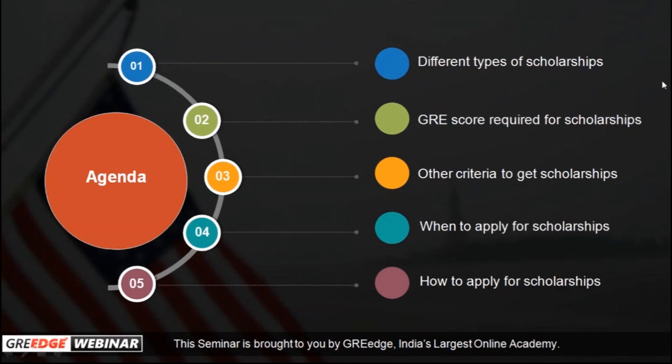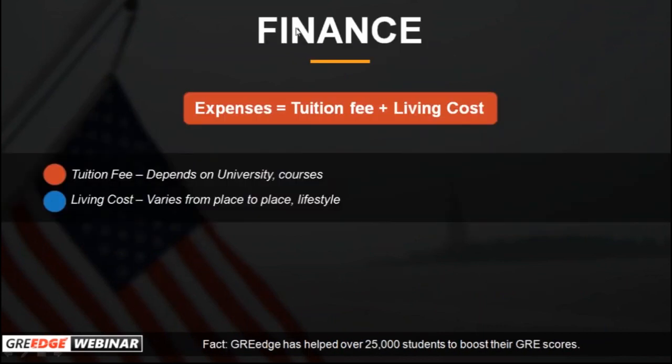Now, if you look at the overall finance that you're going to spend when you go abroad, it is on your screen right now. The expenses are nothing but your tuition fee plus living cost. One of the huge blunders most engineers and students who go abroad make is they forget completely about the living cost and only concern themselves with the tuition fee, how much I need to pay for the college. That's all they think, and that's the money they prepare as well. They completely forget about the living cost, which includes the accommodation. Like Asta Bapna just said, yes, health insurance is a very critical issue when it comes to going to the US. So living cost is something you need to consider very closely, guys.